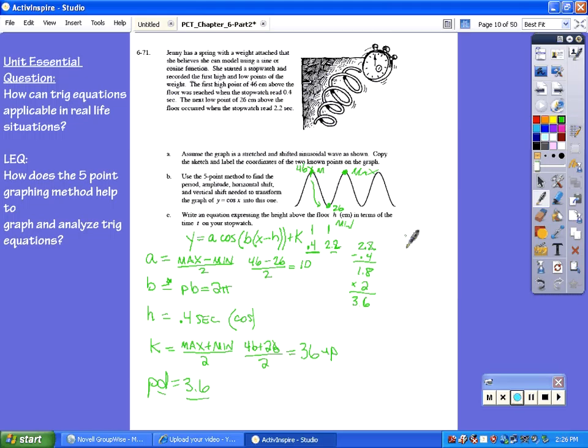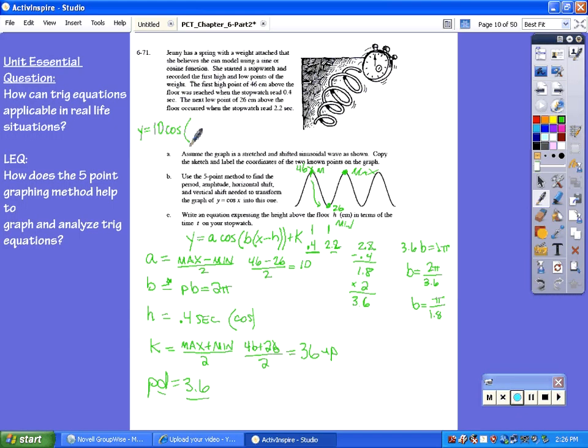So we'll have 3.6 B equals 2 pi. So B equals 2 pi over 3.6. That can be reduced to just B equals pi over 1.8. And then your final step is writing the equation. So you substitute everything that you found here into your equation for cosine. Y equals 10